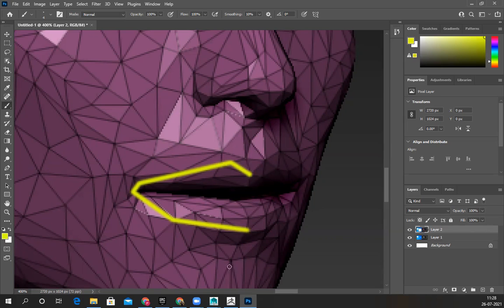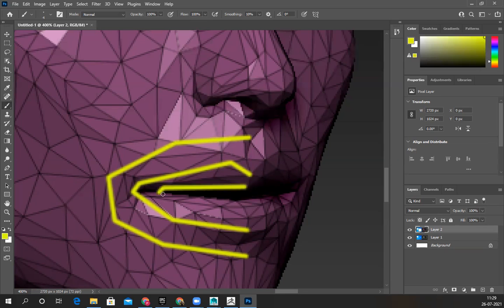The upper end and lower end should be one single loop, the same loop should continue. Make sure there are no triangles, no pentagons, no hexagons, nothing. It should be a continuous loop. If you double click, it should select the entire loop. Make sure. This line is very important. After that, the upper lip area is again one more continuous loop without any triangle, without any break. And the inside part of the lips is also a continuous loop. So 1, 2, 3 continuous loops, no break, no triangles, nothing.